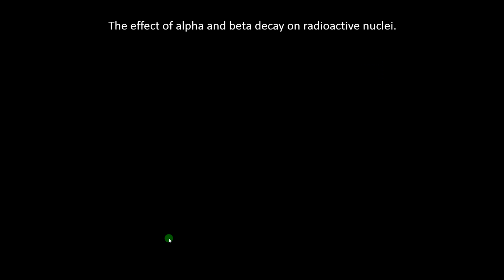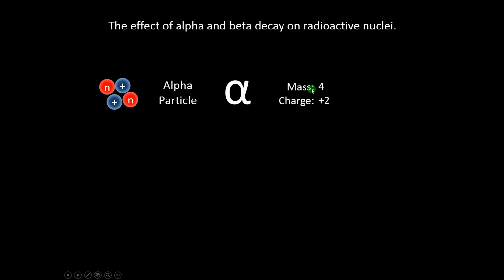Right, so how do these nuclei try and become more stable? Well, there are 3 different ways they can decay. There's alpha decay, where the nucleus basically spits out this thing called an alpha particle, which is also the same as a helium nucleus that we saw from before, 2 protons and 2 neutrons. And it has the Greek lowercase alpha for its symbol, and it has a mass of 4 and a charge of +2, and we can use the same